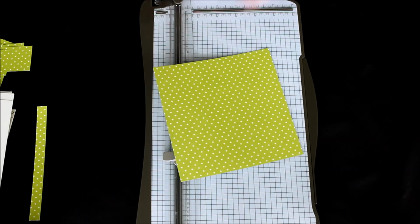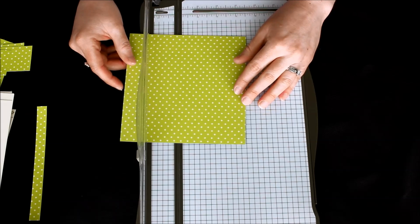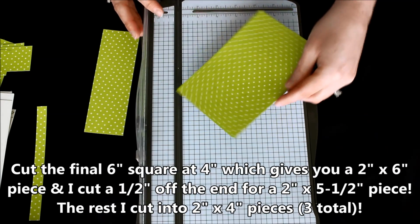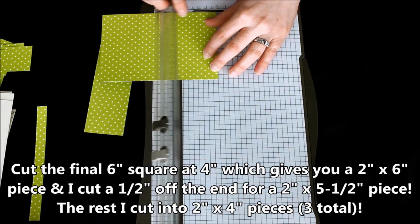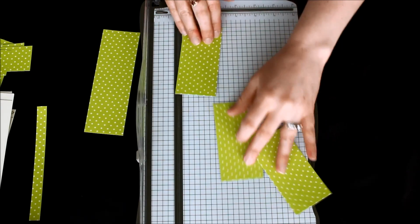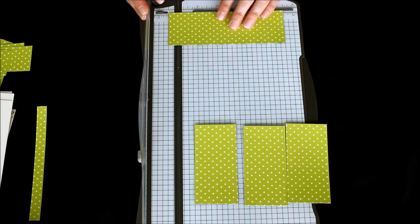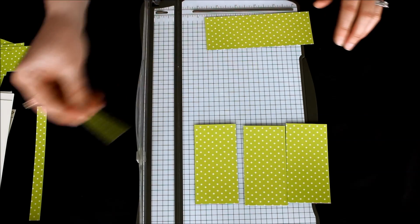So our last 6x6 square, that's this one here, I'm going to go ahead and I'm actually going to cut this one at 4 inches. So now I have this piece, which is a 4x6, and I'm going to cut that into 2-inch pieces. So they're going to be 2x4, and of course that one's 2x4. So there's 3 2x4s, and then this leftover piece is 2 inches by 6 inches, and I'm going to cut it at 5 1/2. So again, I have one little leftover piece that I'm not going to be using,